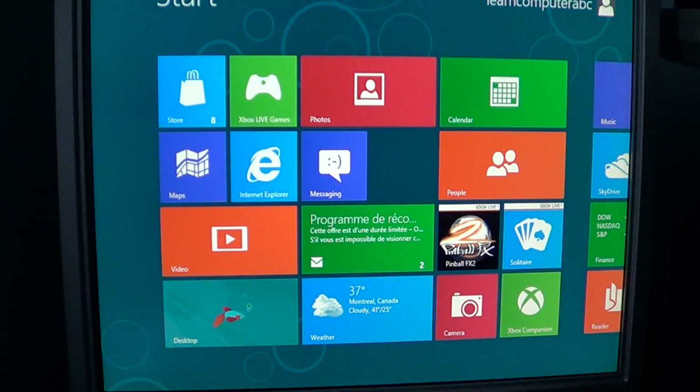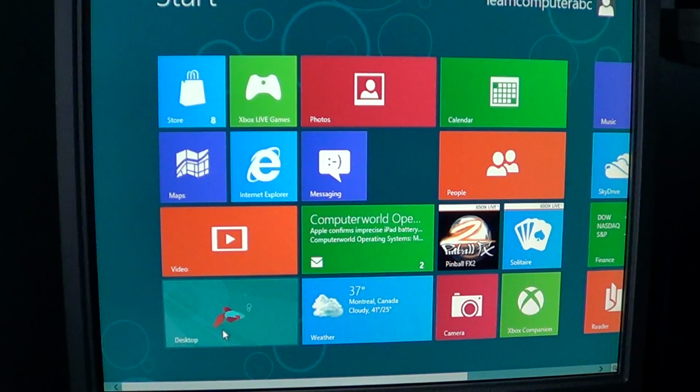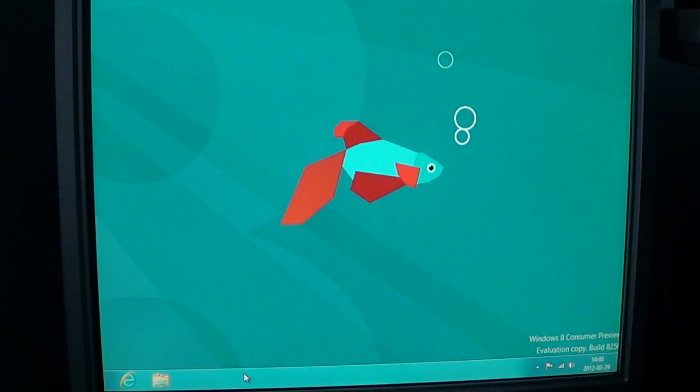One thing I think would be nice is if Windows 8 had its regular desktop look like Windows 7, for people who want to use it on an older computer, a desktop computer, or a laptop that doesn't have a touch screen. I think it would be interesting to have that desktop. Even business users, I think, would like to have the regular desktop in Windows 8. So let's hope they'll put it back, and you'll have a choice between the Metro style interface or the Windows 7